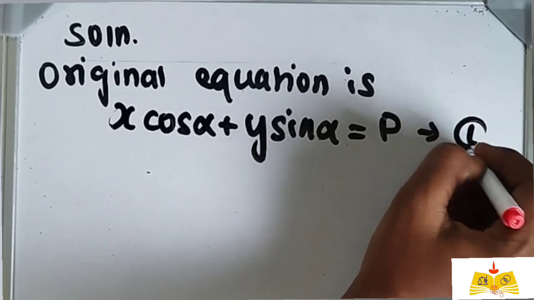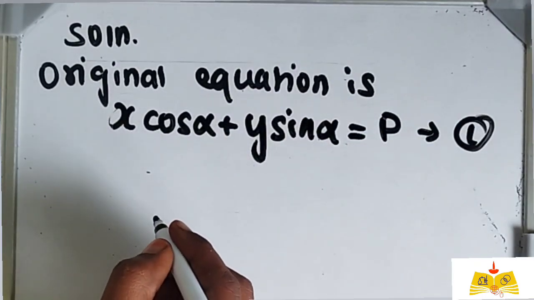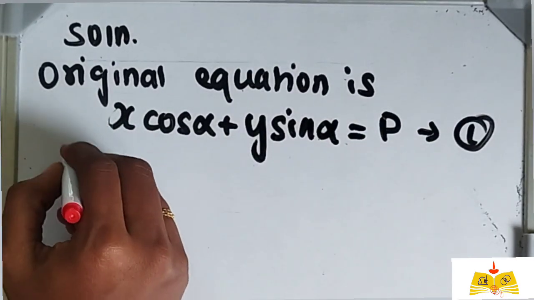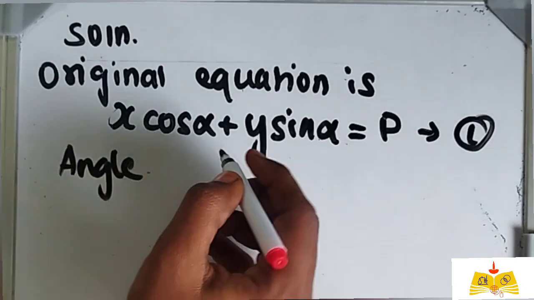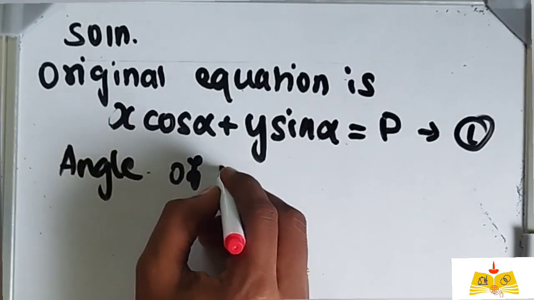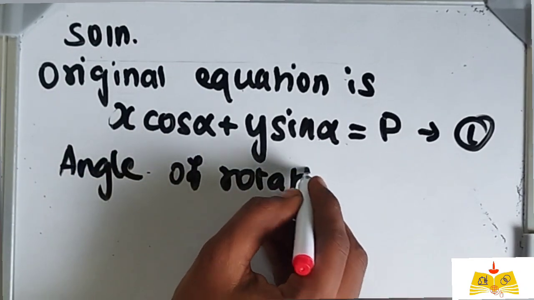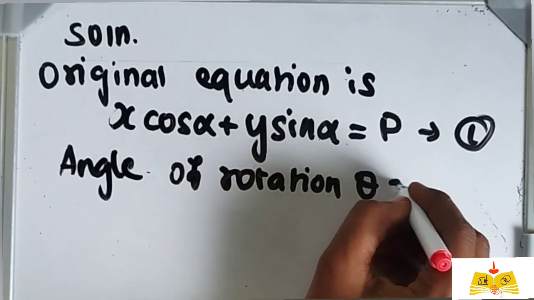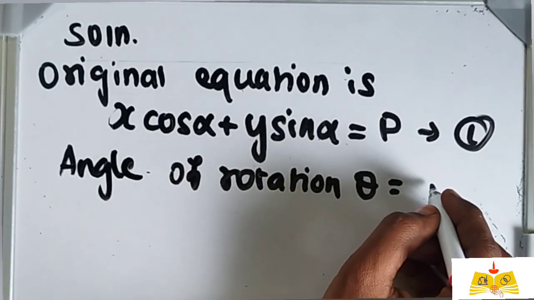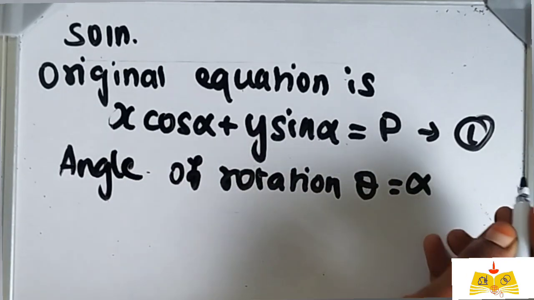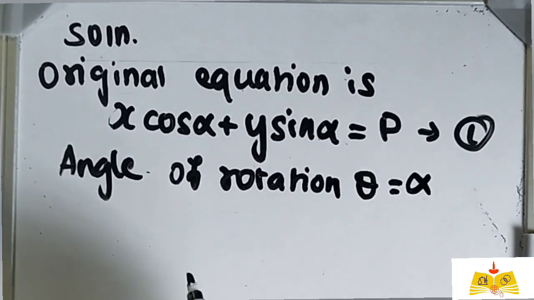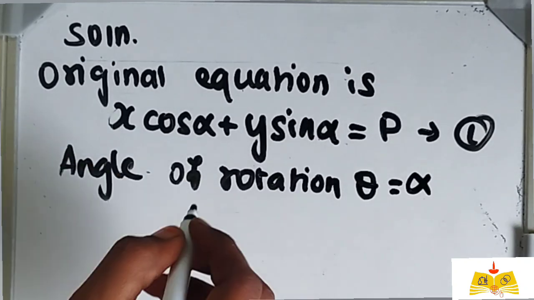I am going to name it as 1. We are provided with the angle of rotation. What is the angle of rotation? Theta, which, as they said in the question, is alpha. So to find the shifted axis,